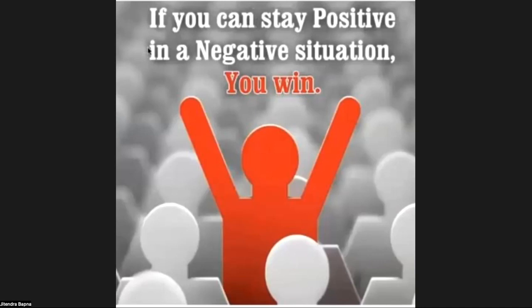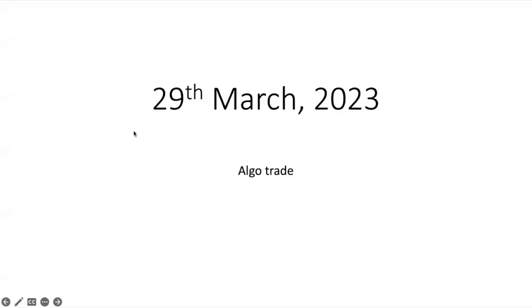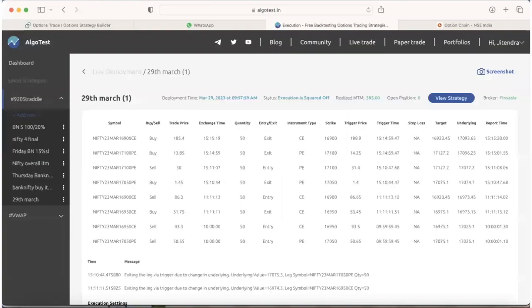So this is part 2, which will be aligned to part 1. As we saw how trades were taken on 29 March 2023 via algo trading, now what we are going to do is see what happened. So these are the trades which have happened. So as you can see at 10 a.m.,